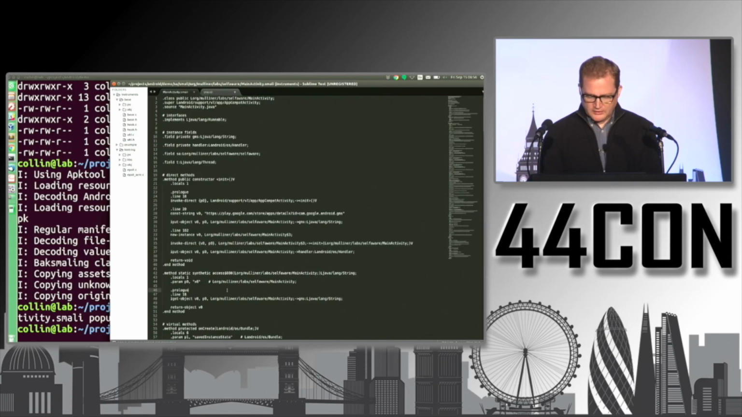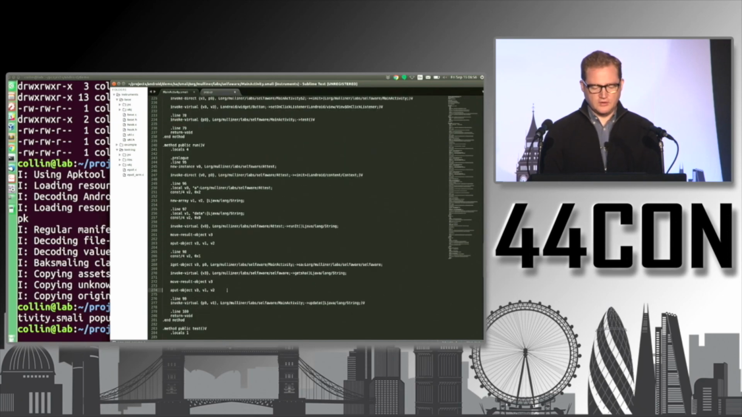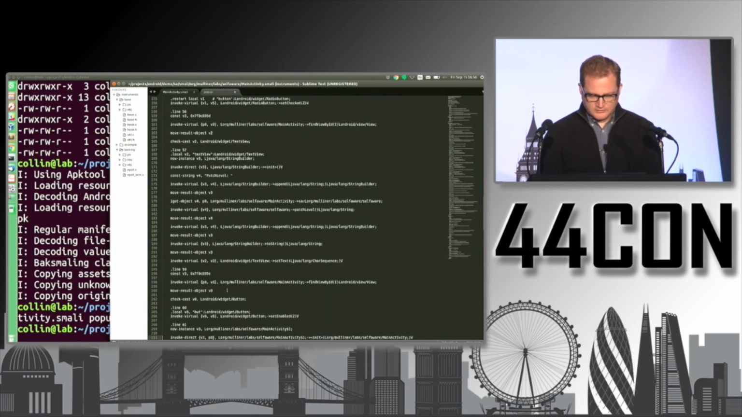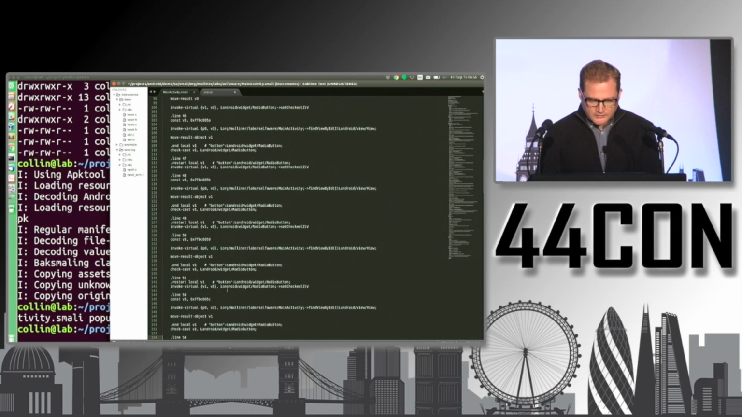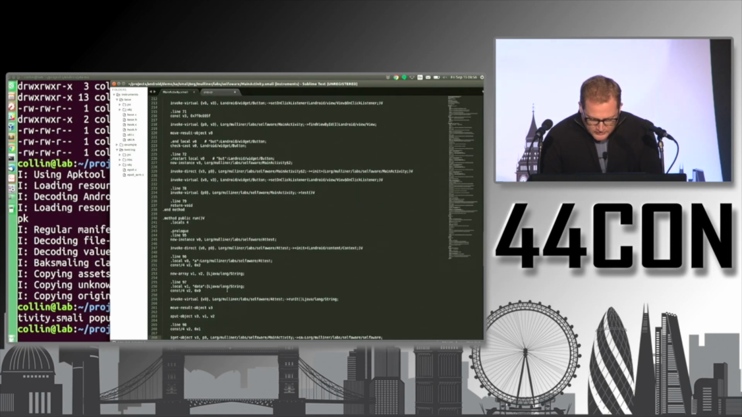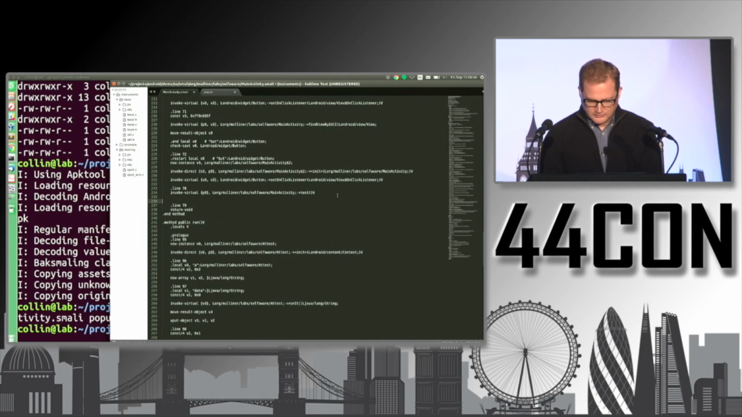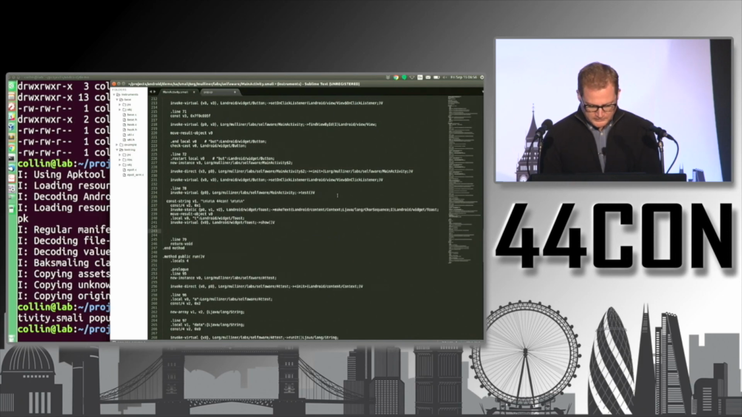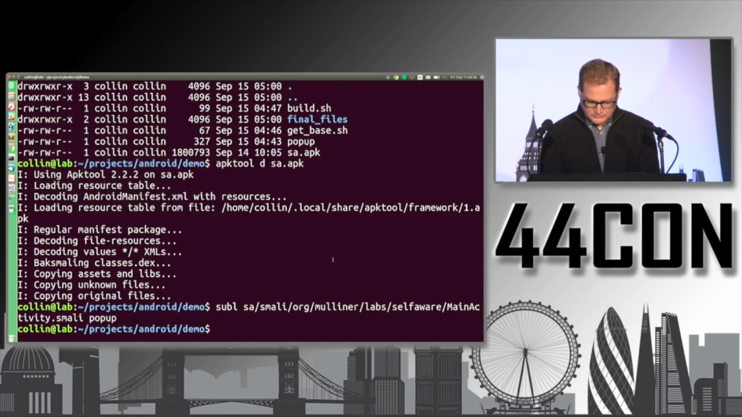and obviously, instead of showing a pop-up, you could inject a native call to load a library or something, and then inject your own code into the app. But basically you can just paste this in here, and then we're going to